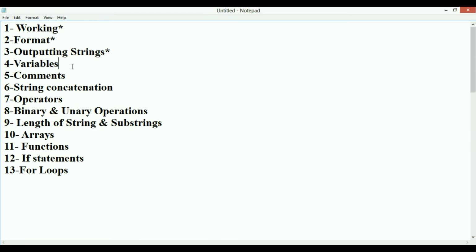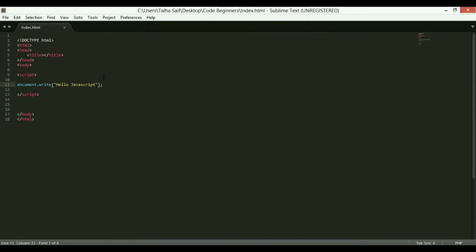So next I'm going to show you the variables. We can define variables in JavaScript like PHP. Unlike C++ or C, you will be defining variables with just a simple var type. Using this type, there is no need to tell the browser that this variable is going